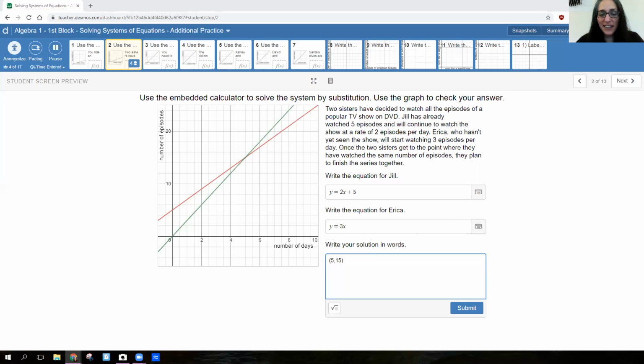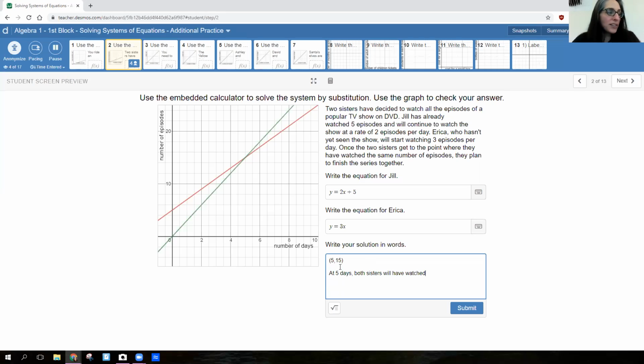All right, good. I see a couple of people putting it down. All right, so don't worry about the grammar, guys. Say it however you need to. So we could say at 5 days or after 5 days, both sisters will have watched